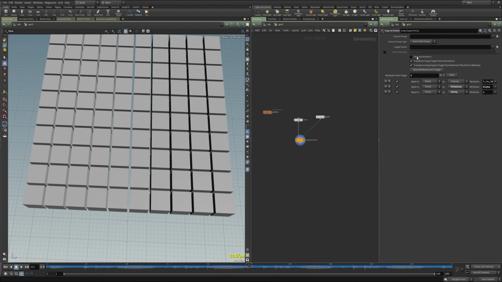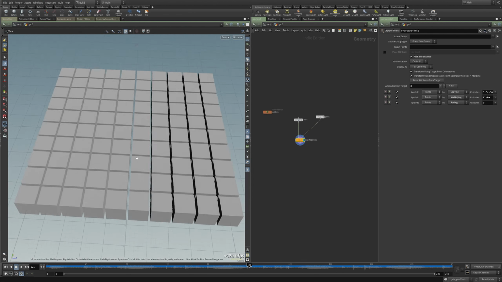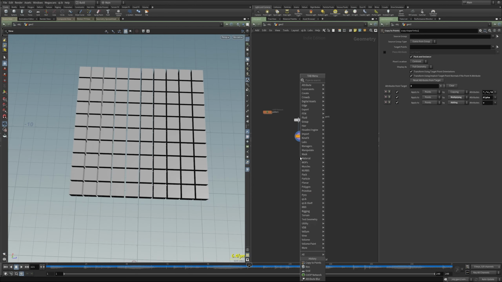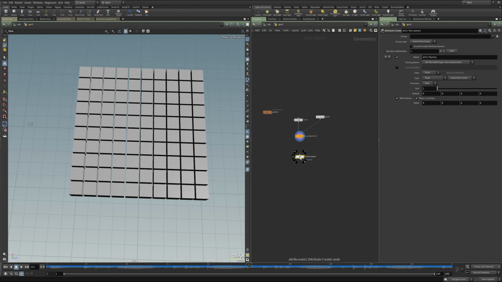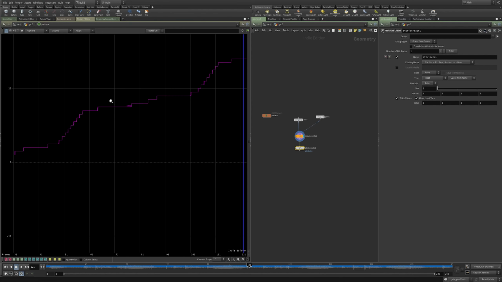I'm going to pack them, pack an instance. So now I have 100 things. I have 100 packed geos there. What I want to do is make an attribute create, because what we need to do is get what we've done over here in our motion effects view, this step channel. I need to reference that. I need to reference these values as an attribute. So I'm going to call this ref from chops.